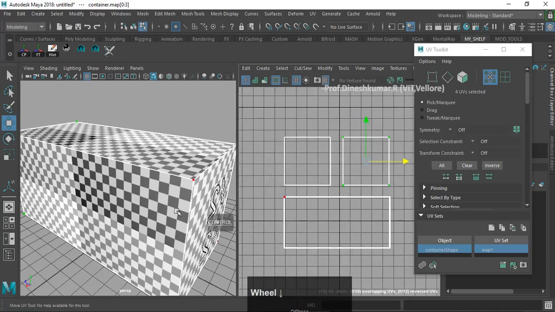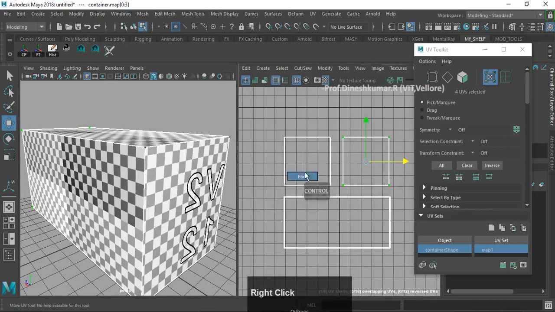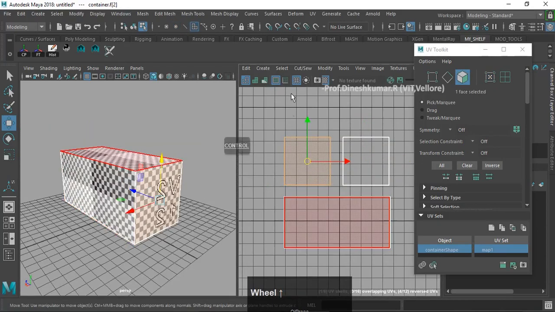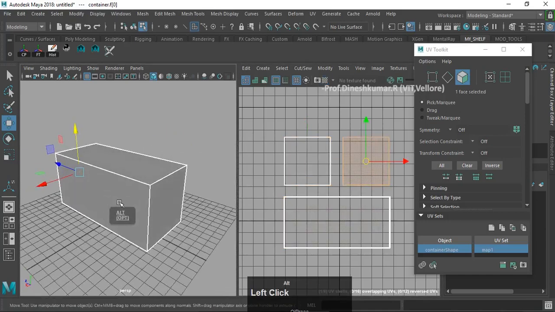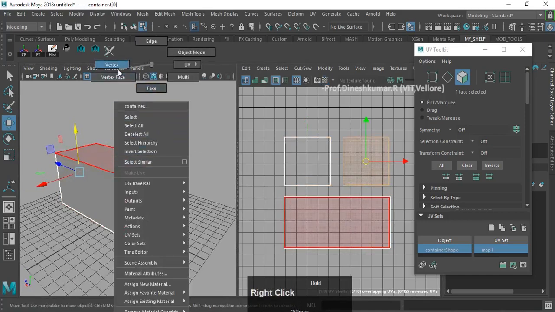Now you can see there is this different one. Now select this face, yeah, this is different. And select this face, it is different. And remember one thing, when you right click an object, you can select vertex, edge, face, and you can move